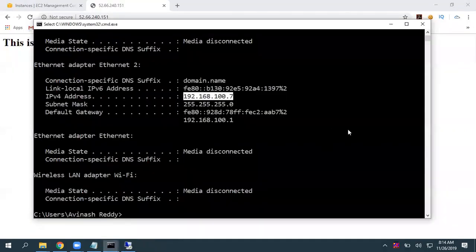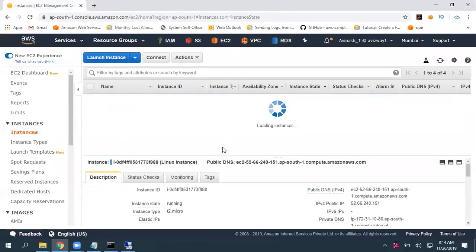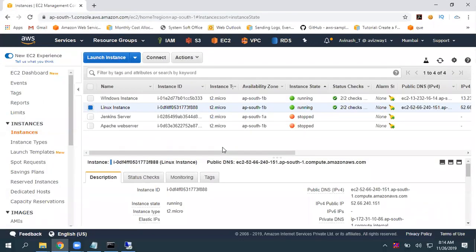Okay. So now let's start discussing load balancers and their importance. We have a previous generation load balancer. Quickly, we'll create that today. Tomorrow again, we'll create the application load balancer and network load balancer. That is a bit advanced.